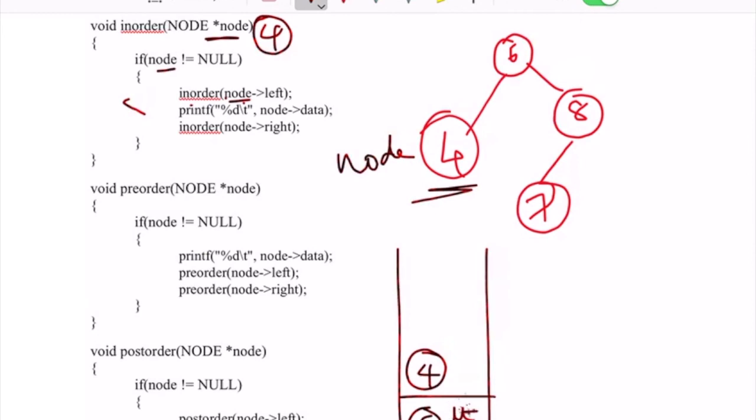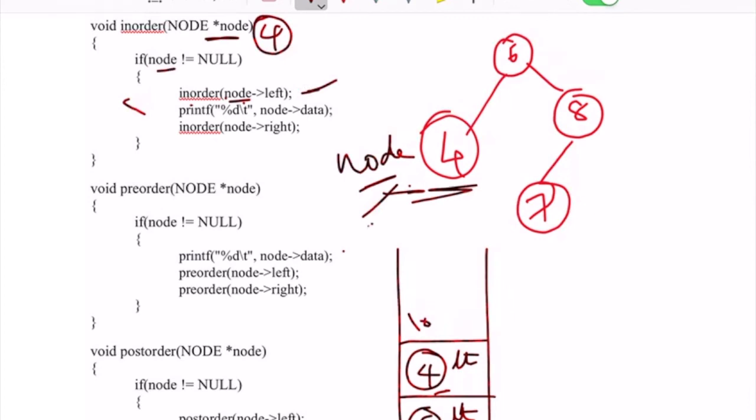So we only did the left part, so we are not done with the other 2 lines of the code in your in order function. Just for reference, we are going to write LT for left. So you called the left node. Coming to the node, if node not equal to null condition is true, again you are going to call the in order function by calling node's left. So what is node's left in this case? Null. So null is going to be called, and this was your left part. Only the left part is done for your fourth node.